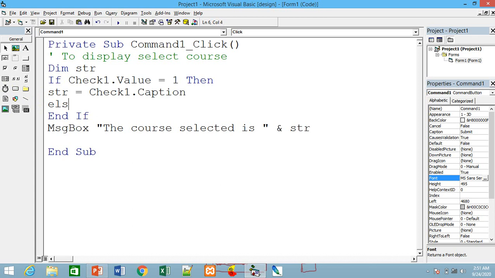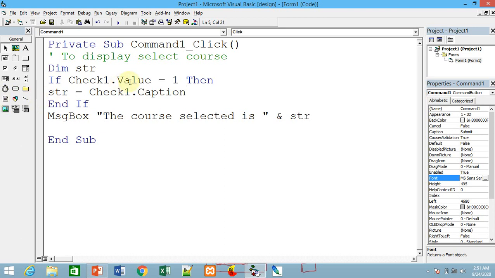Similarly, else. Of course, when is else going to be used? If the user has to select any one, then else will be used.